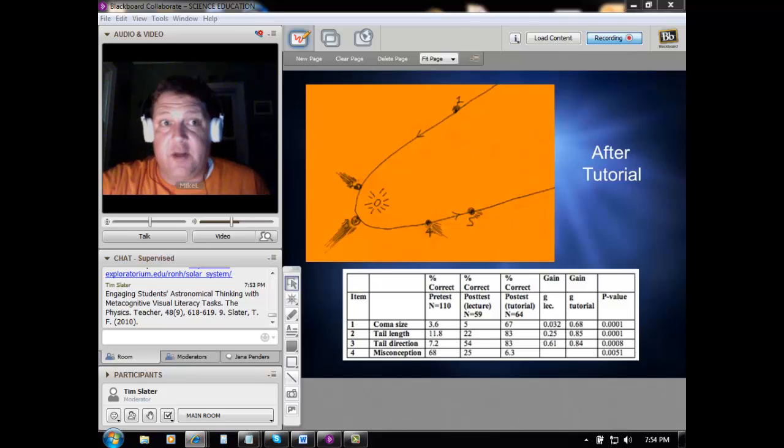If it's not underneath your standard, it's not. But nevertheless, these are significant p-values on the 0.05 standard. And if you look at the gains on the different questions, did they do the comet size, coma size, tail length, and tail direction, you see some pretty high Hake gains for the students that did the tutorials there. 0.85, 0.84,